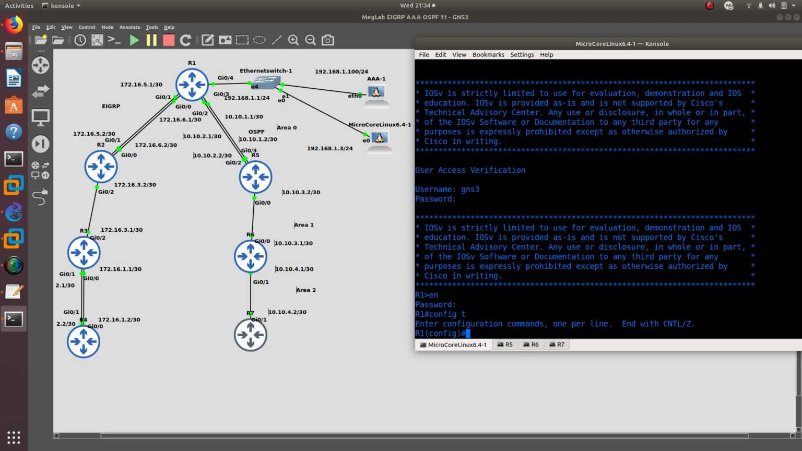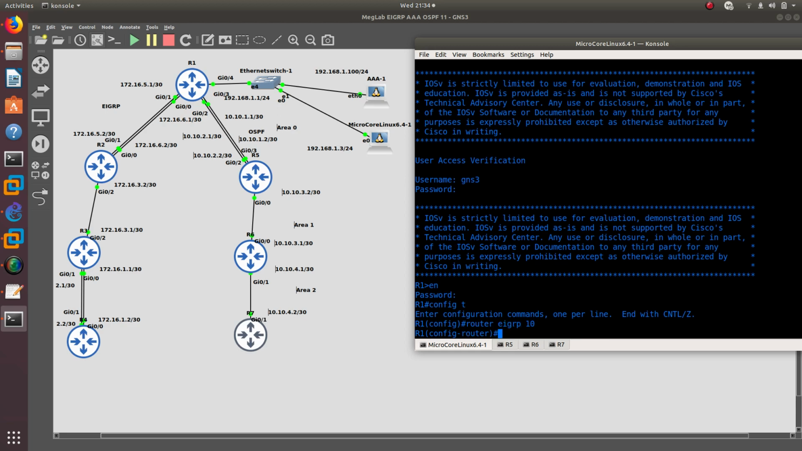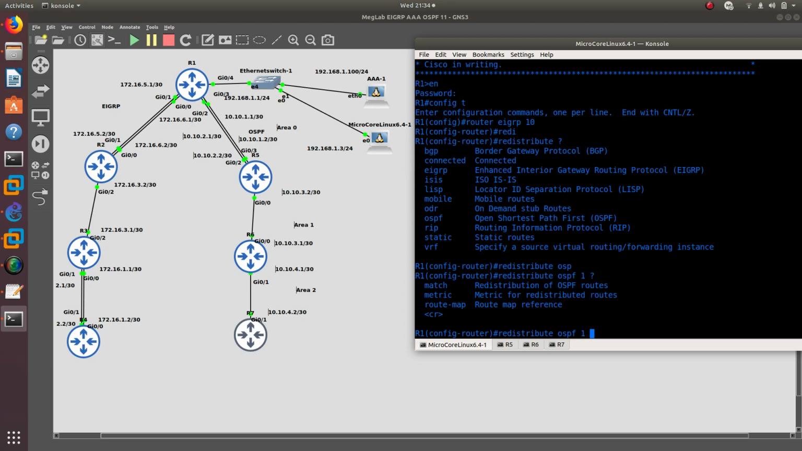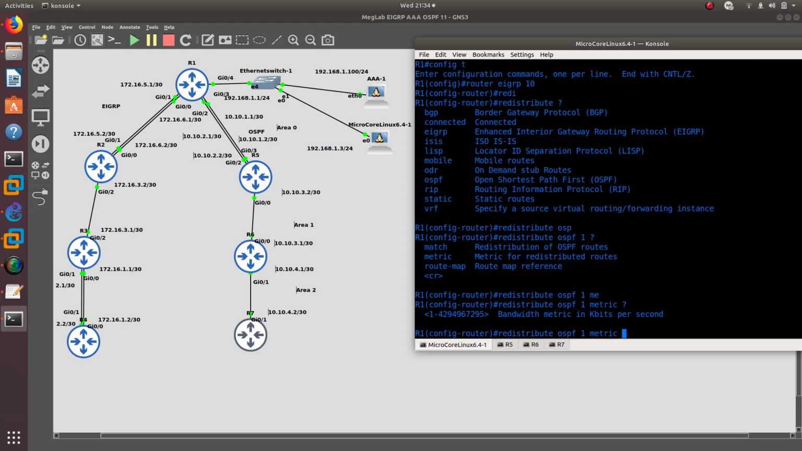config T. Now let's go ahead and do route redistribution. So router EIGRP 10, and I want to redistribute OSPF process ID of 1. We want to do metric, and then it's going to ask us for the bandwidth. So we need to find the bandwidth for gigabit 0/3. So let's do show IP interface gigabit 0/3